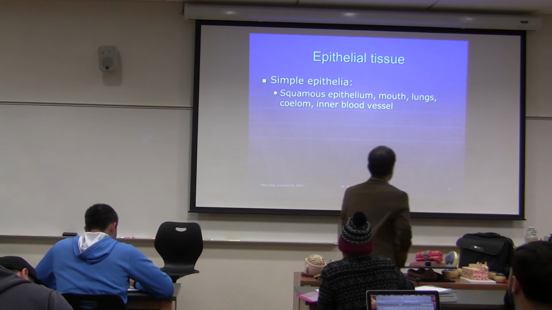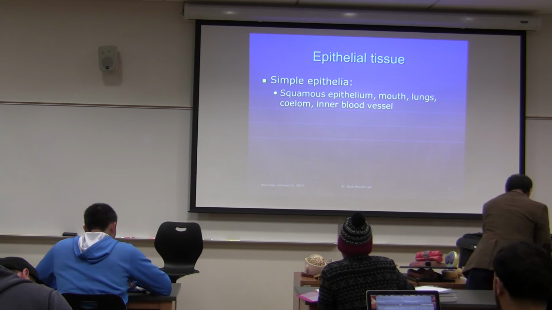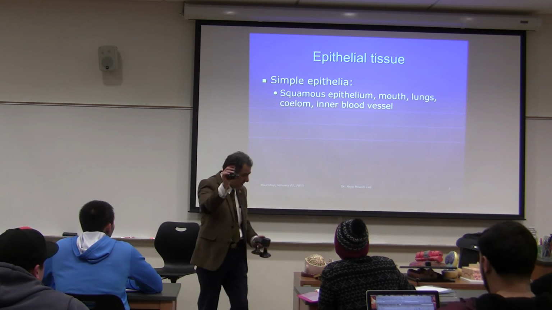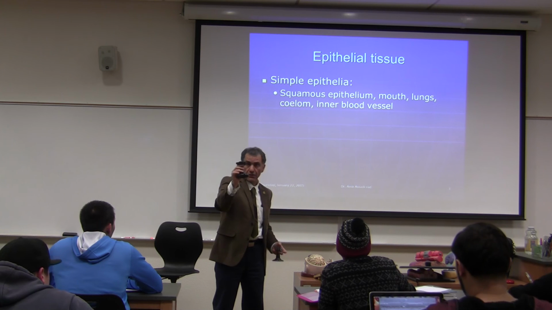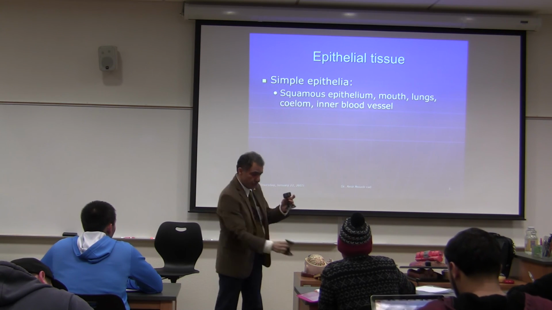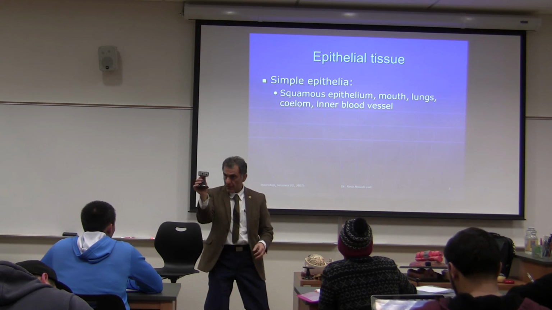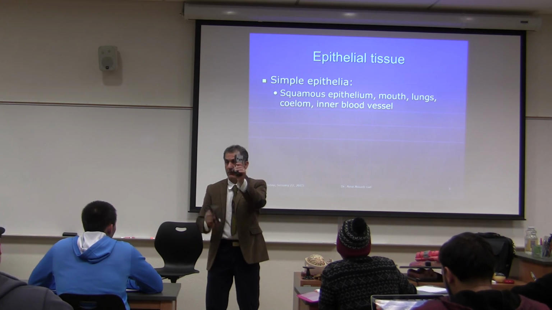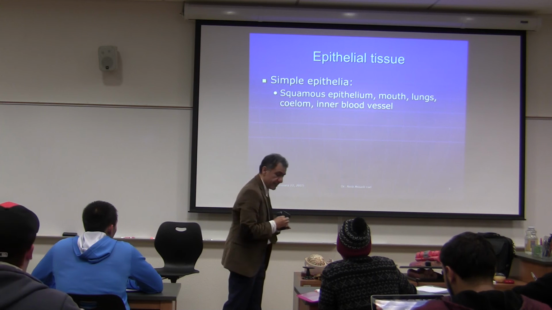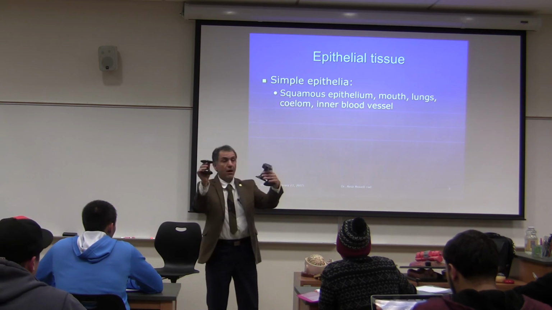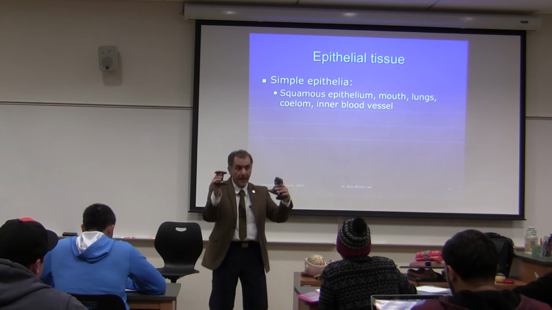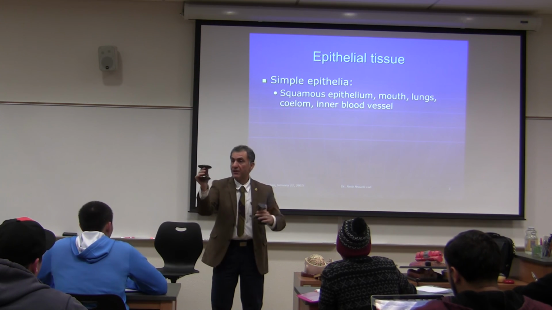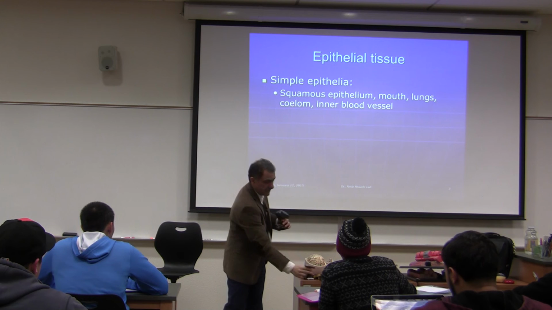Epithelial tissue, they can be simple. What I mean by simple, of course, there are 3 types. Squamous, it means flat, right? They're squamous, they're flat, they are cuboidal, like a cube, and they are columnar, like a column. So there are 3 basic shapes of epithelial tissue. Now, in our body, they are stacked in a way. If there is a single layer of them, just one layer of them, whatever it is,